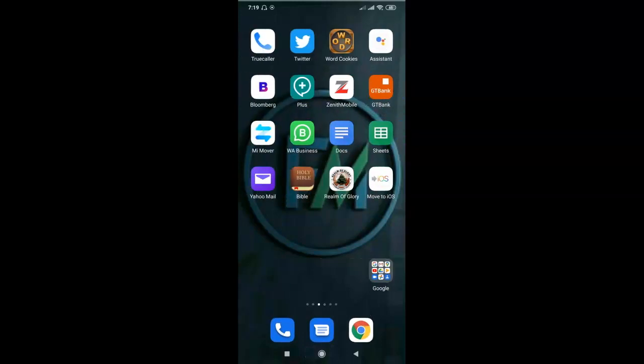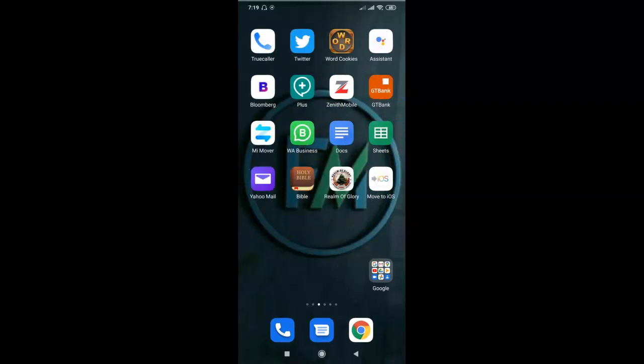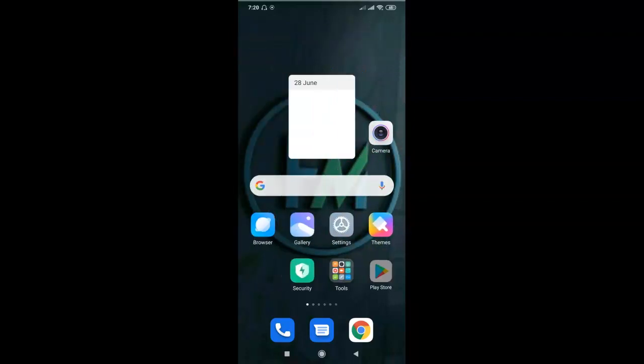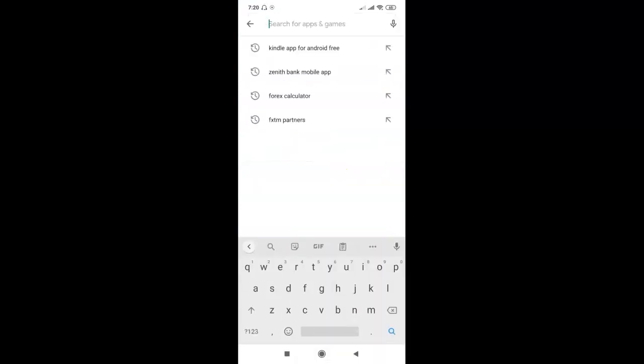So let's go ahead. First thing you do is go to your Google Play Store, or if you're using an Apple phone, go to your App Store. I have my Play Store here, and then go to the search bar and type in lot size calculator.